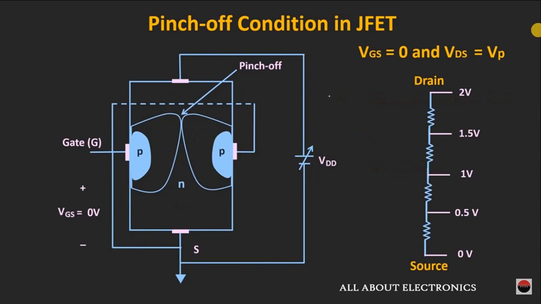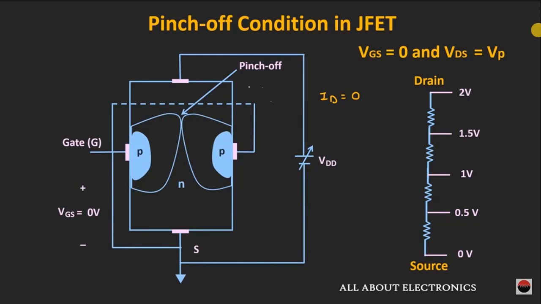First of all, let us assume that once the pinch-off condition is reached, this current ID is equal to 0. If that is the case, then the absence of the drain current would remove the possibility of different potential levels across this N channel. Due to that, the reverse bias across the PN junction would be removed, and that would result in the loss of the depletion region, which caused the pinch-off in the first place. So basically, this current ID will not become 0.